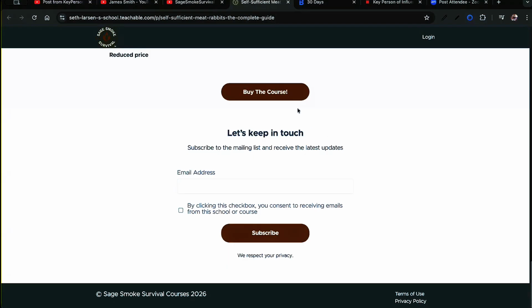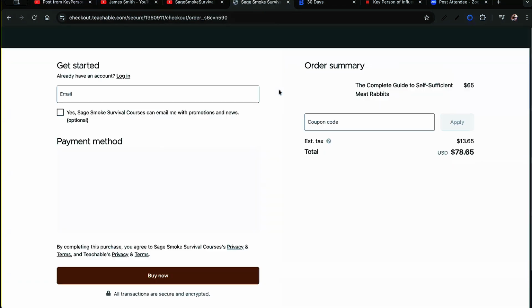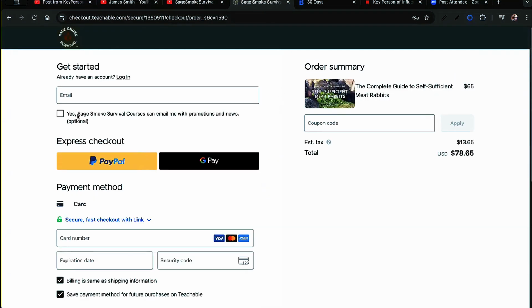This is a funny thing. Once they buy the course, they have the button. Let me just show you that. They have a button here that they can press to opt in. Here. There you go. Opt in. So this is what you want to customize right here.